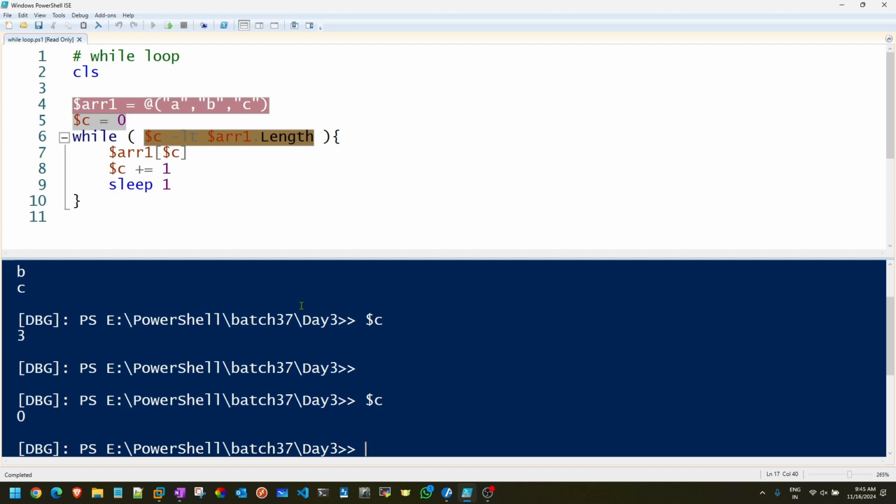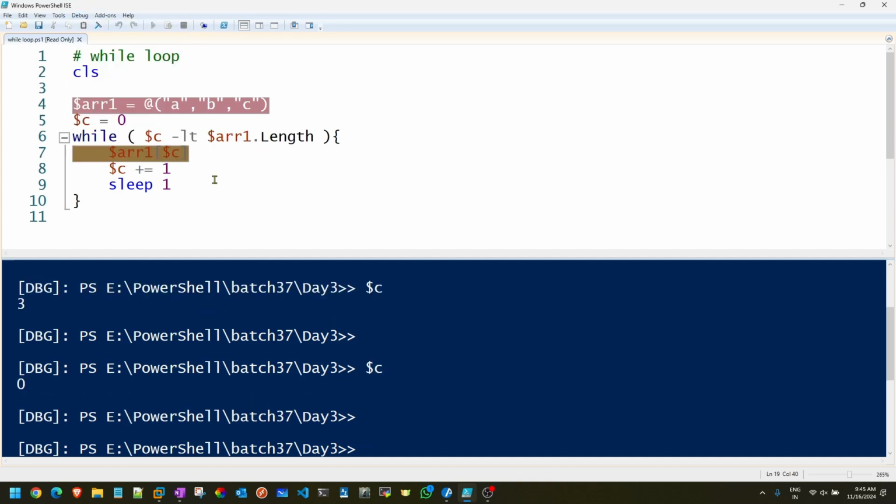Now you can see line number 6, while condition is true, 0 less than 3. Do you agree? That means this is true. So now if I step into the next step, it should select line number 7. Again debug, step into, there we go.